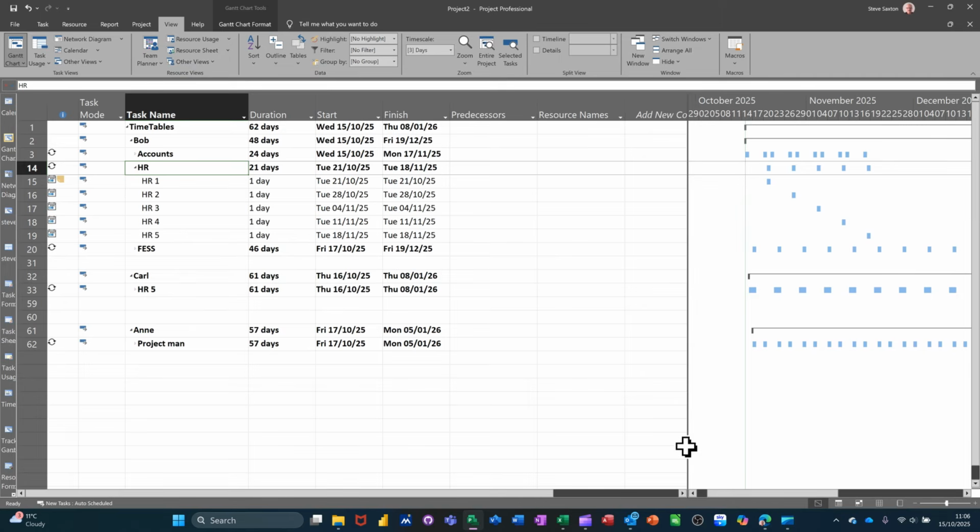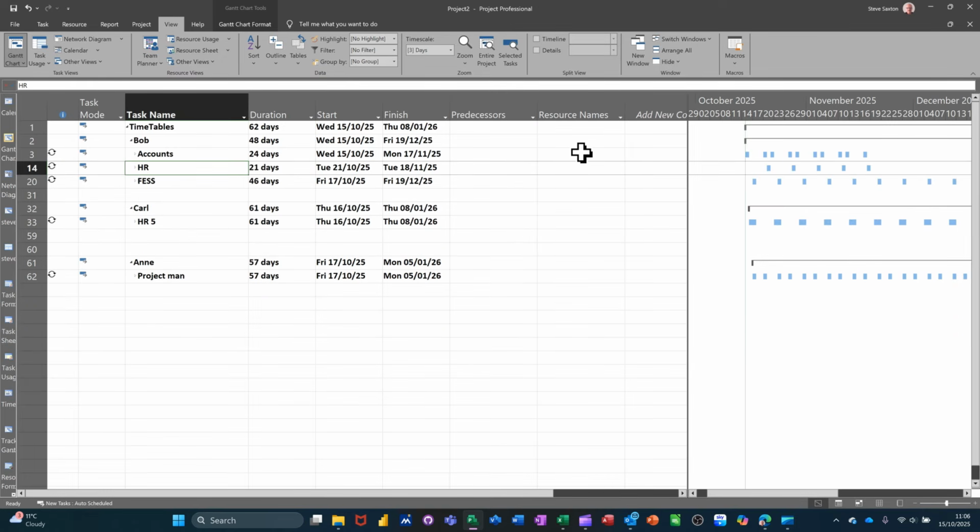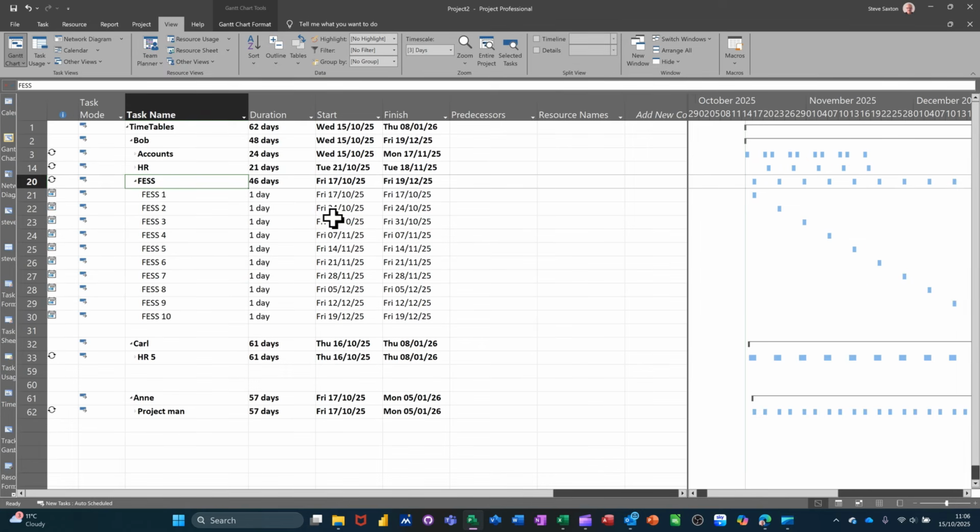If I just put, for example, next to HR, Bob, which is obviously him, I can now click on that and just copy them down, like that. So Bob is now on those, opened up. You can collapse that down, and then if you put Bob on another course, I've got the FES here. If I put Bob on there as well,